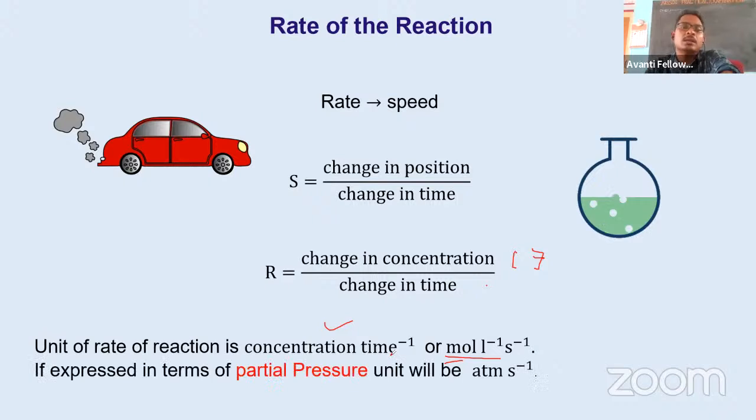And suppose you are taking the change in pressure. Suppose if you want to find out the rate of any particular chemical reaction, initially we have some pressure and it changes to some final pressure. Because here we have changing pressure, we can write rate of the reaction with respect to pressure also, that is atmosphere per second, or you can take other units also like Pascal, torr, but conveniently we are taking atmosphere per second. Okay, so these are the things.